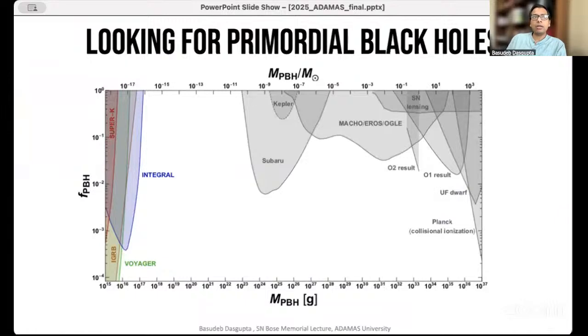And to be honest, over the last 5, 6 years, a lot of excitement has grown for the possibility that dark matter is in fact made of primordial black holes. And this possibility is indeed open, especially if these primordial black holes are of this mass. So, what you're seeing on the x axis here is the mass of these black holes in grams, let's say, and on the vertical axis is the fraction of the total amount of dark matter that can be in the form of these primordial black holes.